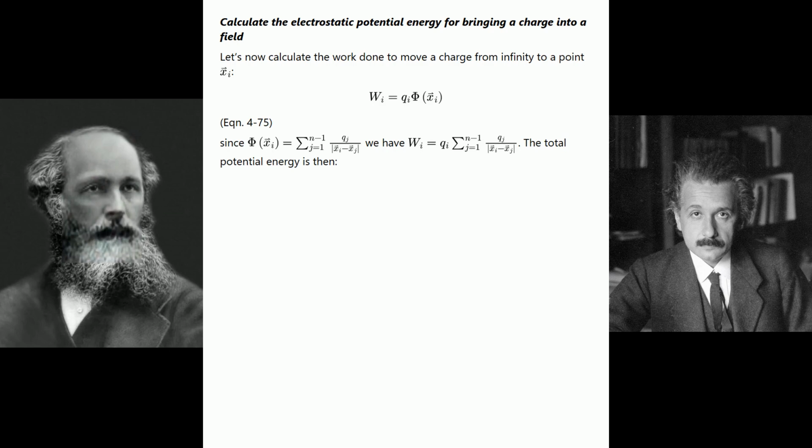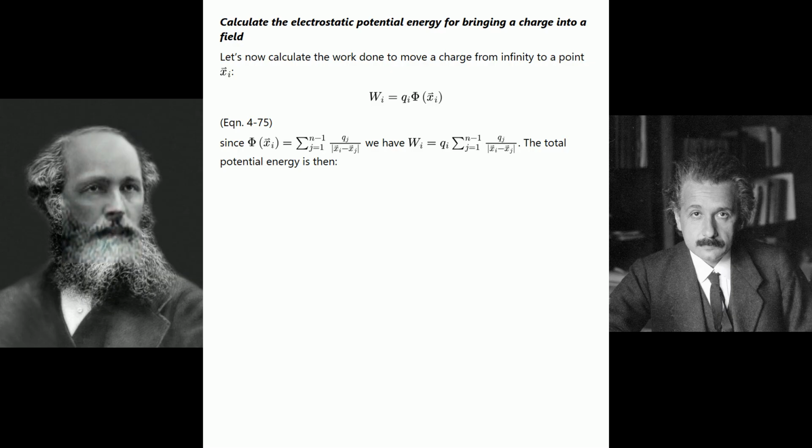Calculate the electrostatic potential energy for bringing a charge into a field. Let's now calculate the work done to move a charge from infinity to a point x sub i. Equation 4-75. Since phi of x sub i equals the sum from j equals 1 to n minus 1 of